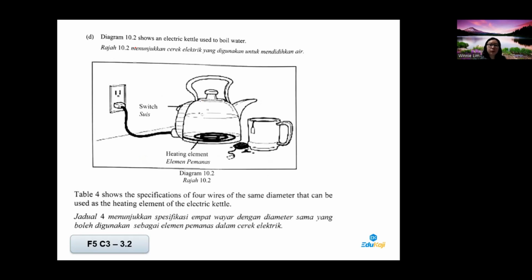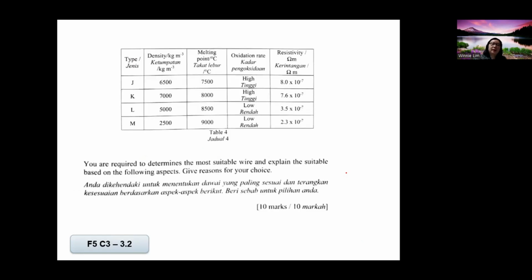Diagram 10.2 shows an electric kettle used to boil water. Table 4 shows the specification of 4 wires of the same diameter that can be used as a heating element. Keywords are heating element of the electric kettle. So you need to be focused on the idea of heating element now. So you have these 4 wires, J, K, L, and M. You're required to determine the most suitable wire and explain the suitability based on the following aspects and give reasons